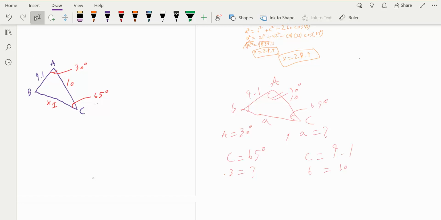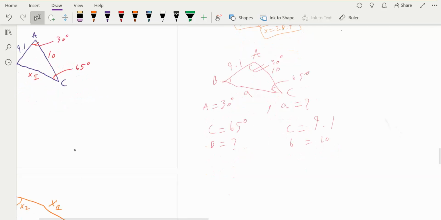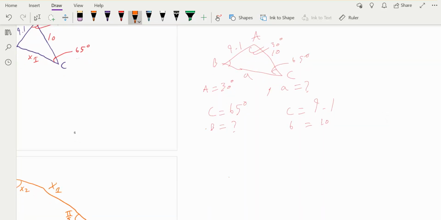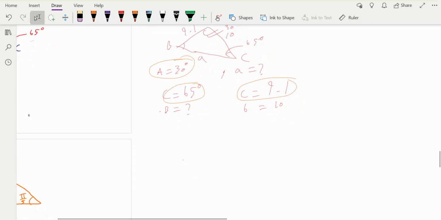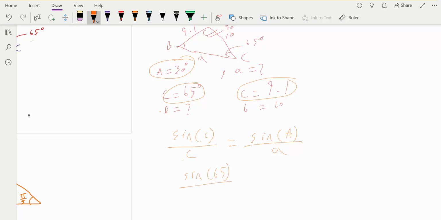Okay, so we have side C, we have angle C, and we have angle A. We're only trying to find side A. It's pretty simple. We can use the law of sines. So we can say that sine of C over C equals sine of A over A. Let's just plug in. So we have sine of 65 over 9.1 equals sine of 30 over A, which means that A would just equal